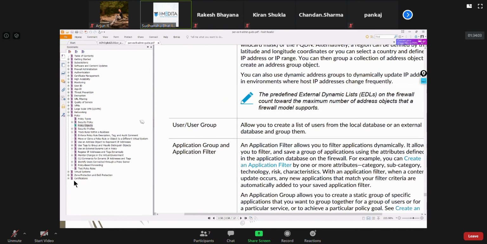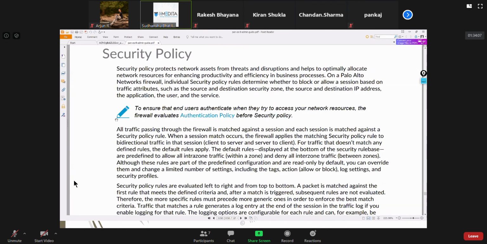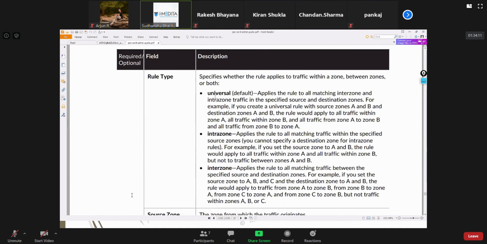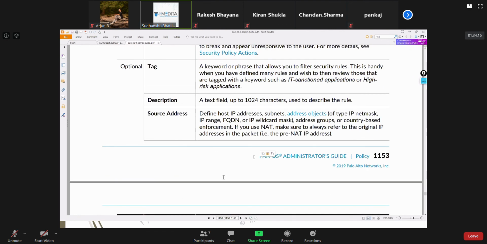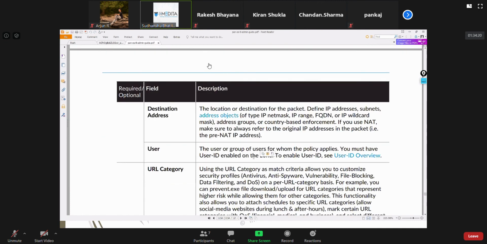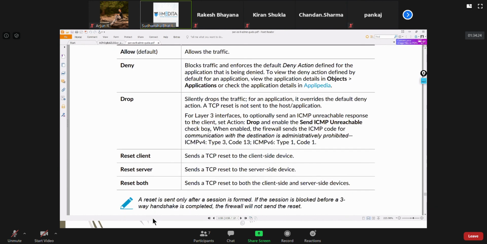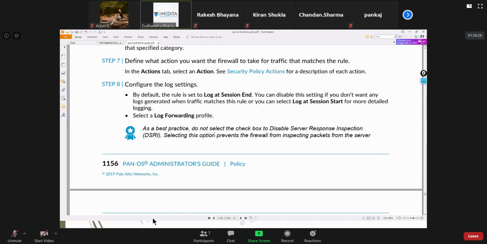Not discuss actually, you just read this. Optional. You can read this security policy action. How do you create a security policy?